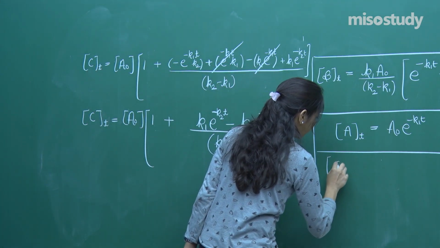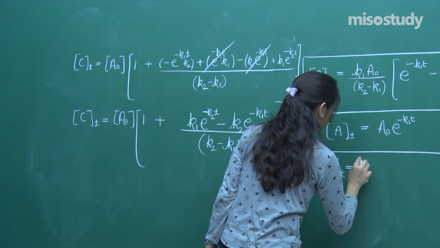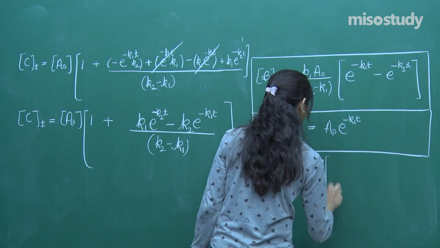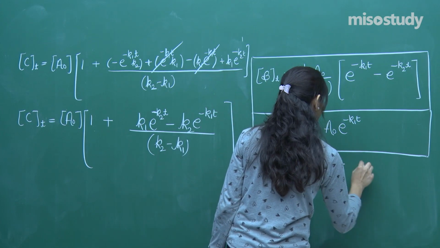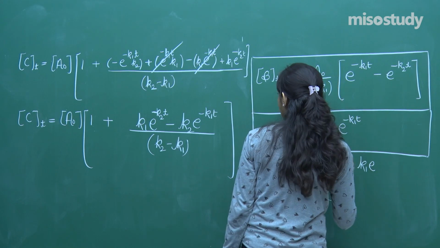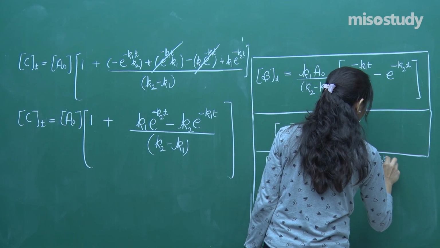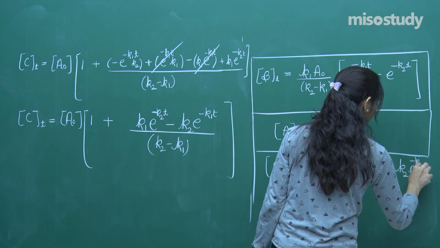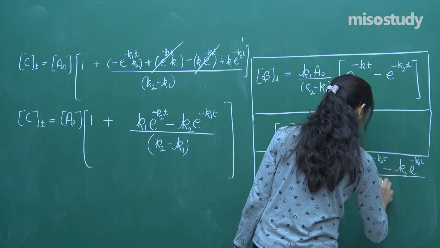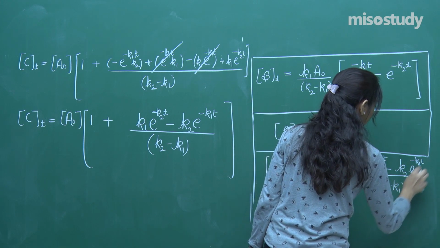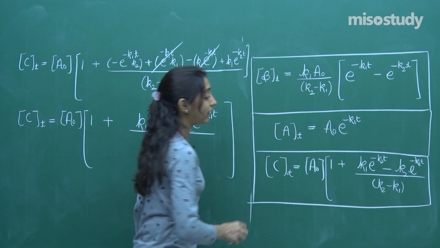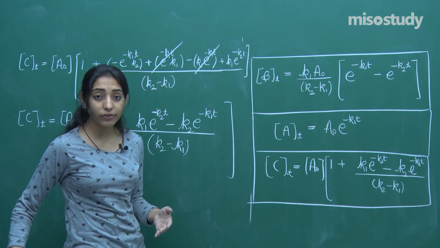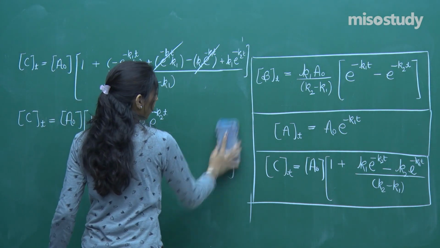Now I can simply write the final concentration of C at any time will be A naught, then we have 1 plus K1 e raised to the power minus K2t minus K2 e raised to the power minus K1t, to be divided by K2 minus K1. Okay. So guys, these three things that I have written, these three main equations for the concentration